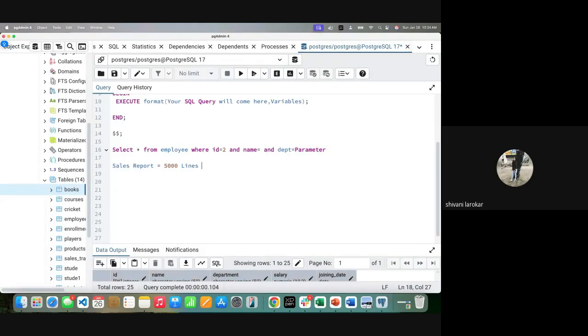So tomorrow is Jan 27. Suppose you go to the office tomorrow morning. You will not go into the code and change the date everywhere in those lines. You will simply call the sales report and change the parameter. Just pass the parameter Jan 27, and execute it. Once you execute it, your whole report will get automatically executed.